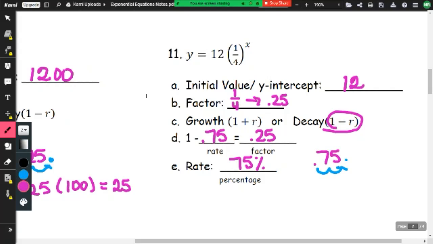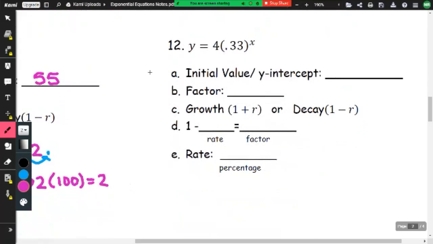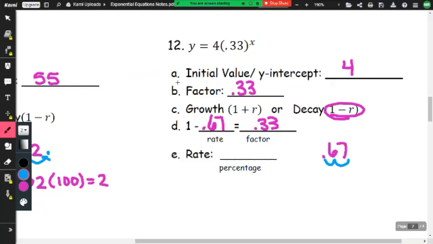Last one. Ready? Number 12. What's my starting point? What's my factor? Growth or decay? All right. And what is the rate? 0.67. And now 0.67 converted as a percent is what? Good. 67%. You are going to glue this on